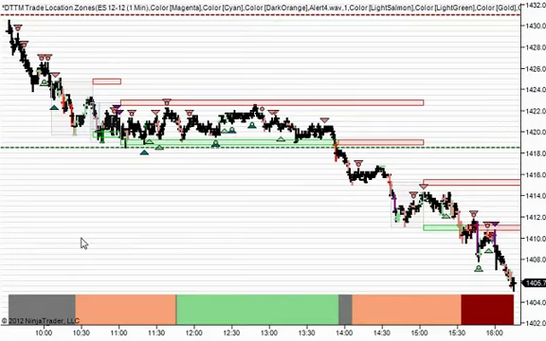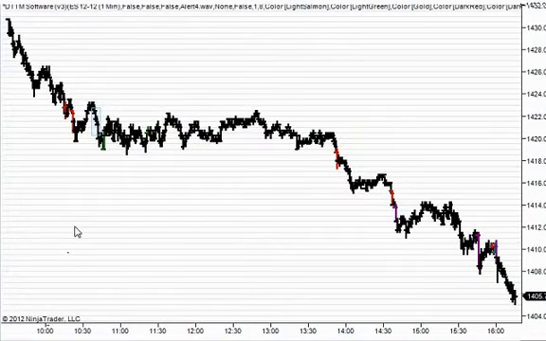So here's the chart with everything on, and next let's look at the chart with everything stripped off except for the level 2 and level 3 aggression bars, and what we also call high velocity moves, which is very similar to a level 3 aggression bar, just a different way of getting to that information. So as the day opened, we gapped up, and there was no real major evidence until about 40